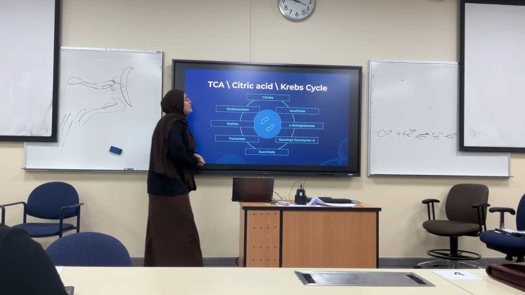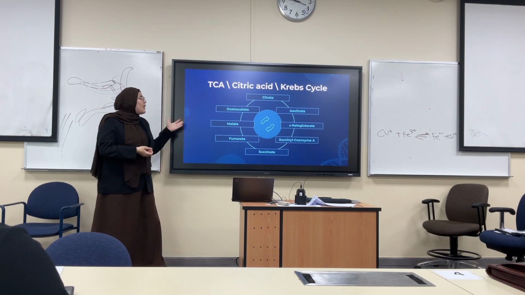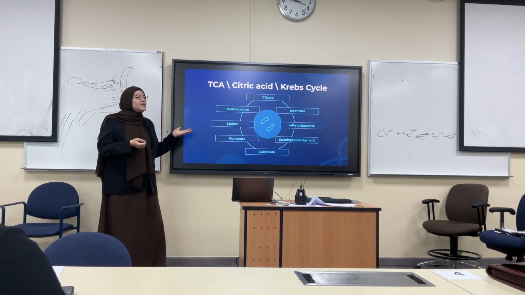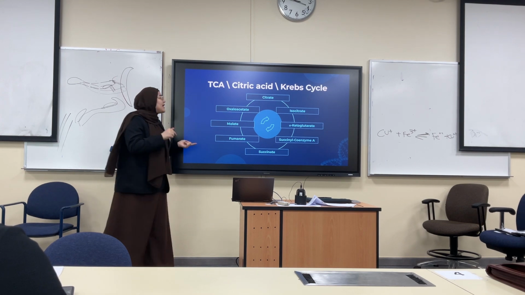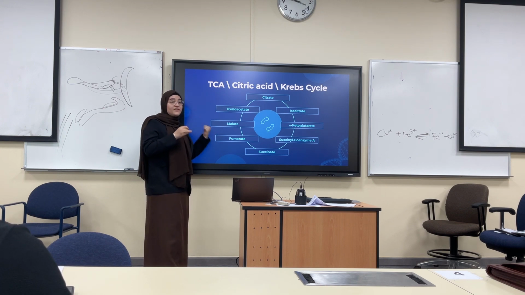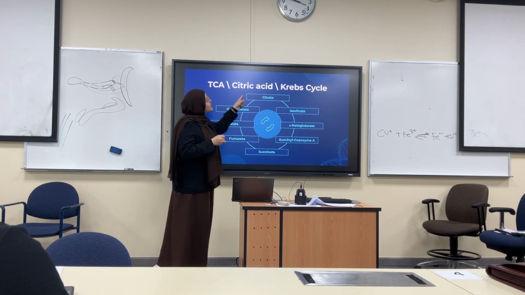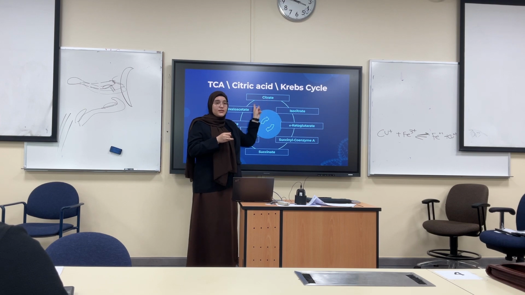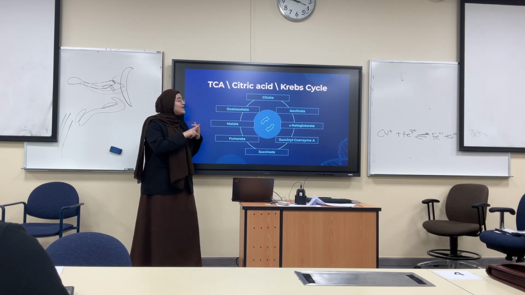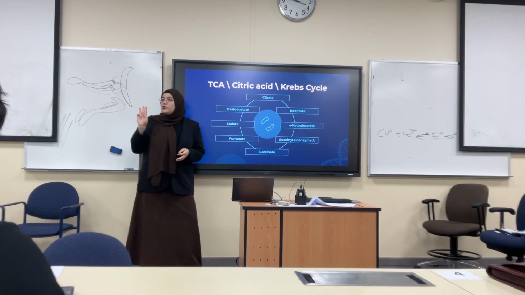Alright, now we're going to move on to the Krebs cycle. Do you know why it's called the Krebs cycle? The scientist who discovered it, in 1937, was called Hans Adolf Krebs. He discovered it and it was named after him. It's also called the citric acid cycle because the first product formed is citrate, okay? And it's called the TCA cycle, which stands for tricarboxylic acid cycle, because there are going to be 3 CO2s eliminated,